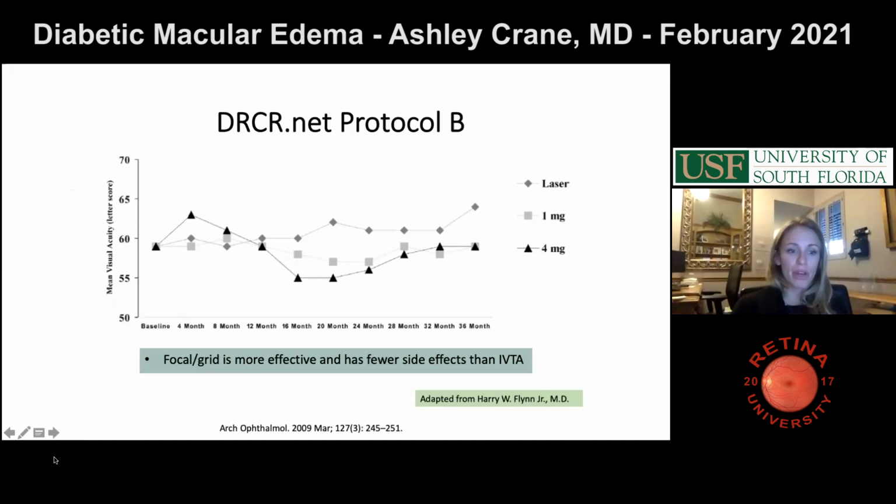So here we go through a little cartoon of Protocol B, and it basically shows laser versus steroid injection, and looks at the visual acuity over the months. And we can see that in this study, focal or grid laser was more effective in improving the mean visual acuity letter score than was either 1 or 4